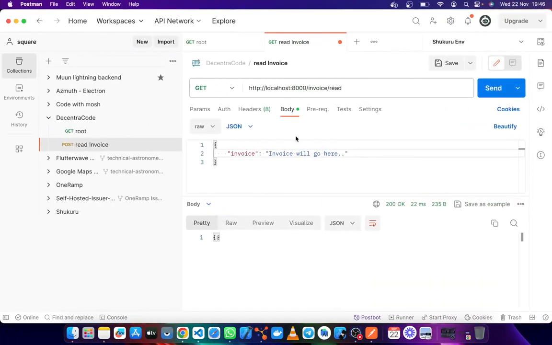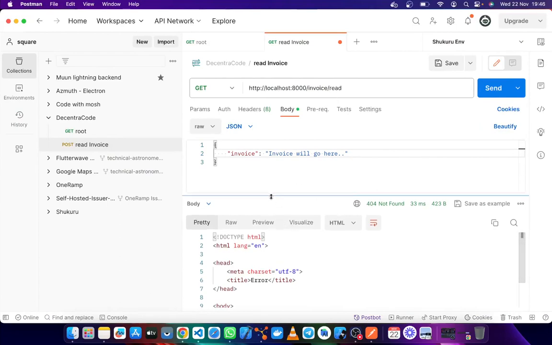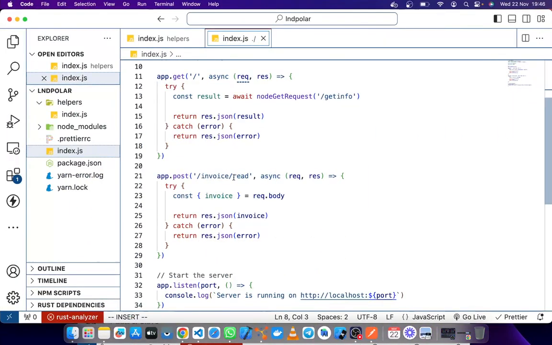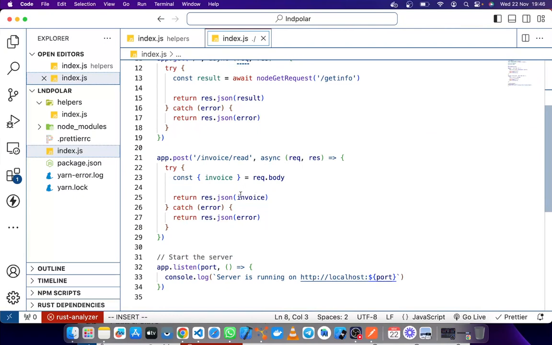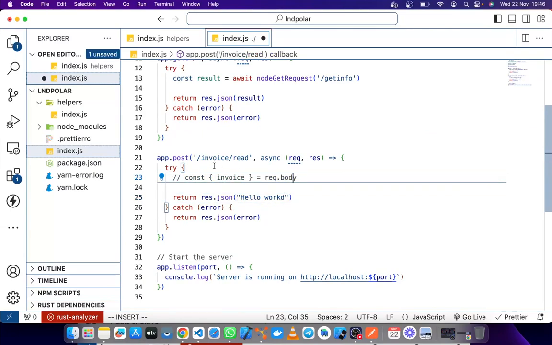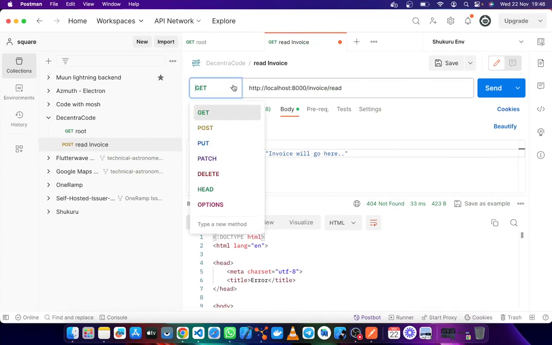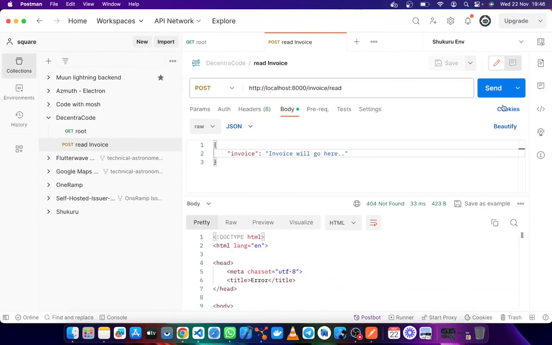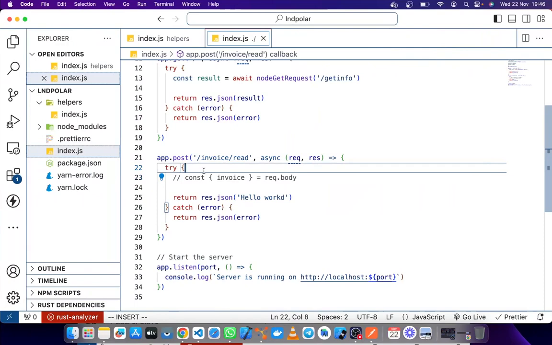Okay, if it doesn't work, then I'm going to be the saddest guy. Okay, another different error. Good progress. Yes, different error message. Okay, so let's try again and see if we can get this as hello world. Oh, we'll change this to post. Yes. Okay. Finally.